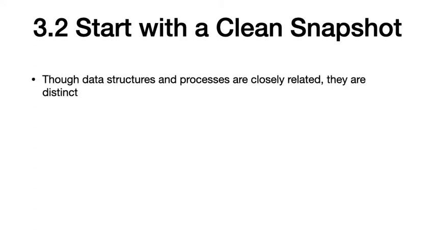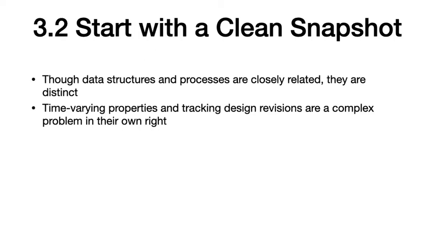Time. So when dealing with time, it's best to start with a clean snapshot. So although data structures, the data we're showing, and the processes that use them and modify them are closely related, they are distinct. Time-varying properties and the tracking of design revisions are a complex problem in their own right. It's a big issue. If you look at the software industry, they spent a lot of years dealing with the time-varying nature of their code bases, and they've got some very robust solutions. So when we come to defining a standard,